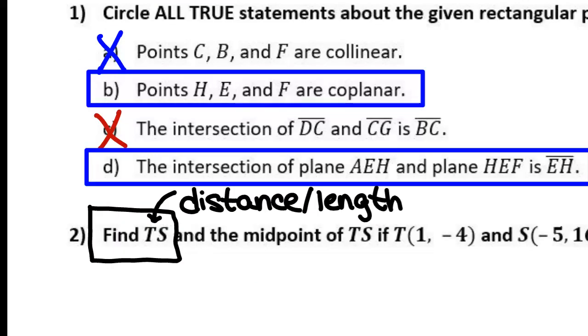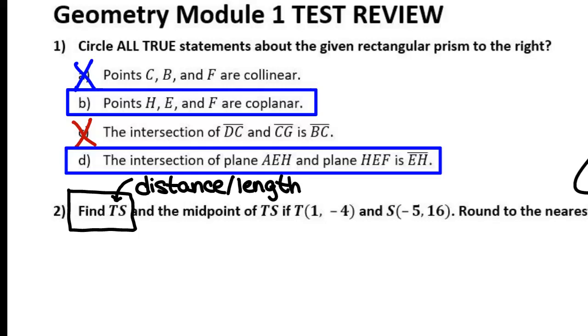So this happened a couple times yesterday while we were taking the skills check. We had a question where it said find and then 2 capital letters with nothing over the top. And I had a lot of people raising their hands asking, what is it that I'm supposed to be finding? Tomorrow on the test, I won't be able to answer that question for you because one of the things that we were responsible for learning in this module